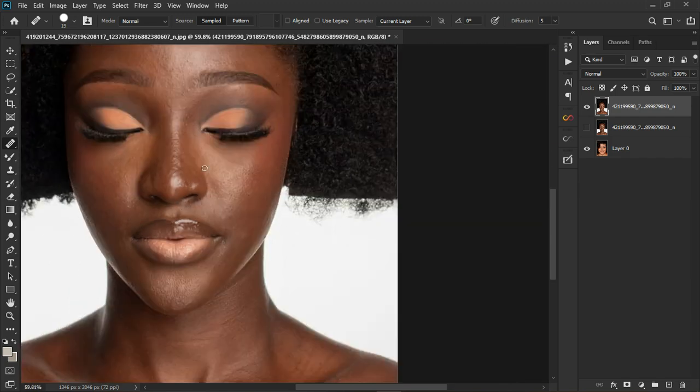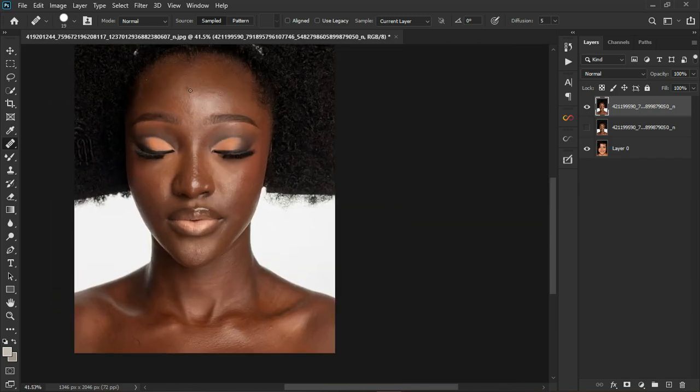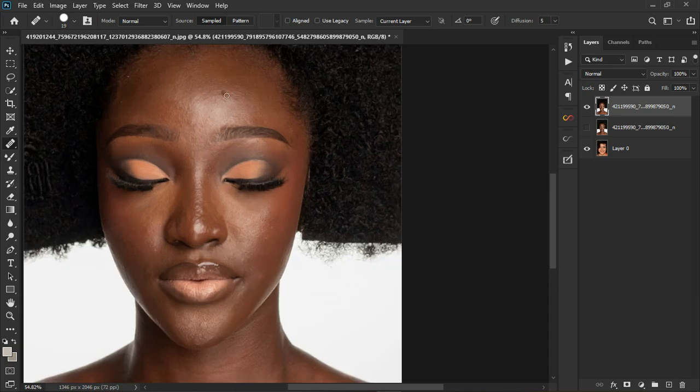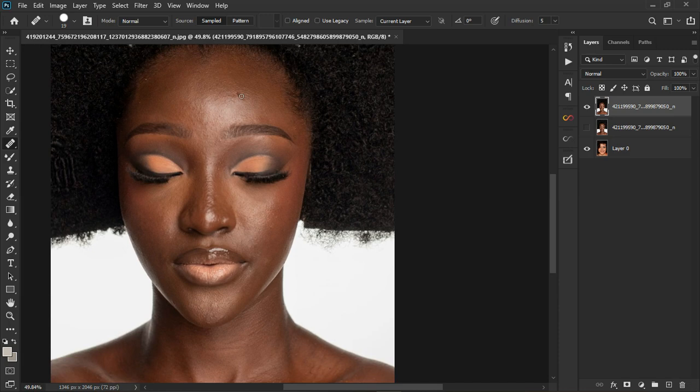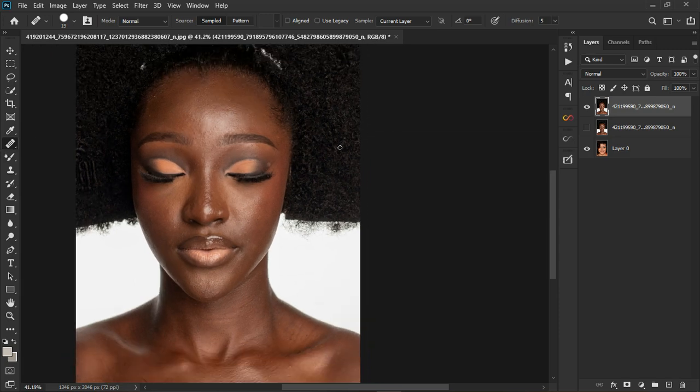But this is not the best technique to use, and I'm just telling you about the tool. It's just for quick jobs, but who wants to do quick jobs? That is when, if you forget some places when doing frequency separation, you can quickly pick up this tool and use it. So that's for this one. So the next tool I'm going to be showing you